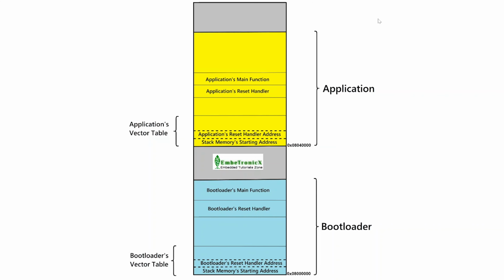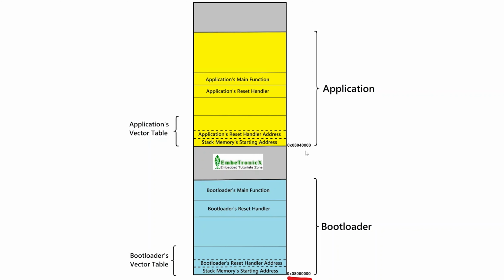I am going to create two projects. One is for the bootloader and another one is for an application. As we have two projects, it will give you two binaries, one for the bootloader and one for the application. We have to place these two binaries somewhere in the 2 MB flash memory. I am placing the bootloader in the memory at 0x08000000. So it starts from here and stays till here. I have not put all the functions here. I just put the important functions in this image for understanding.